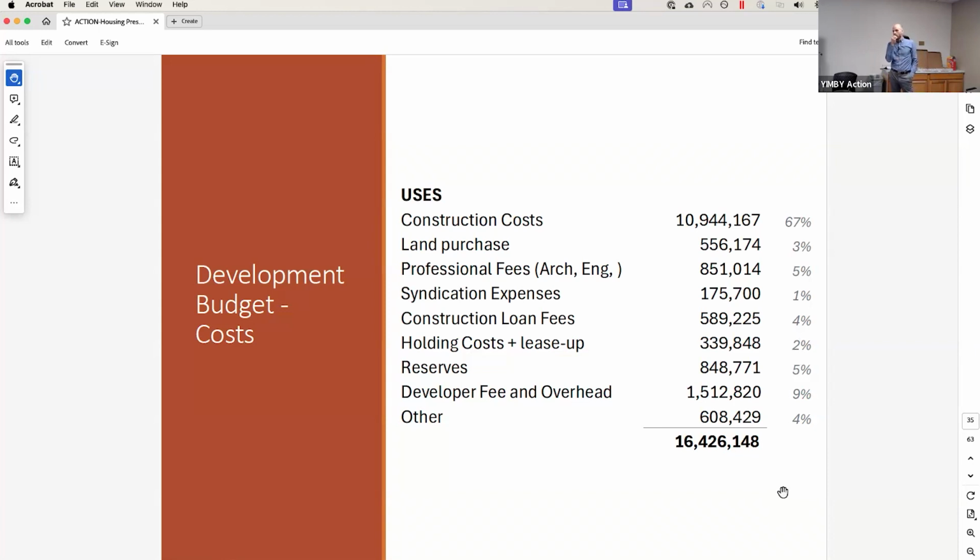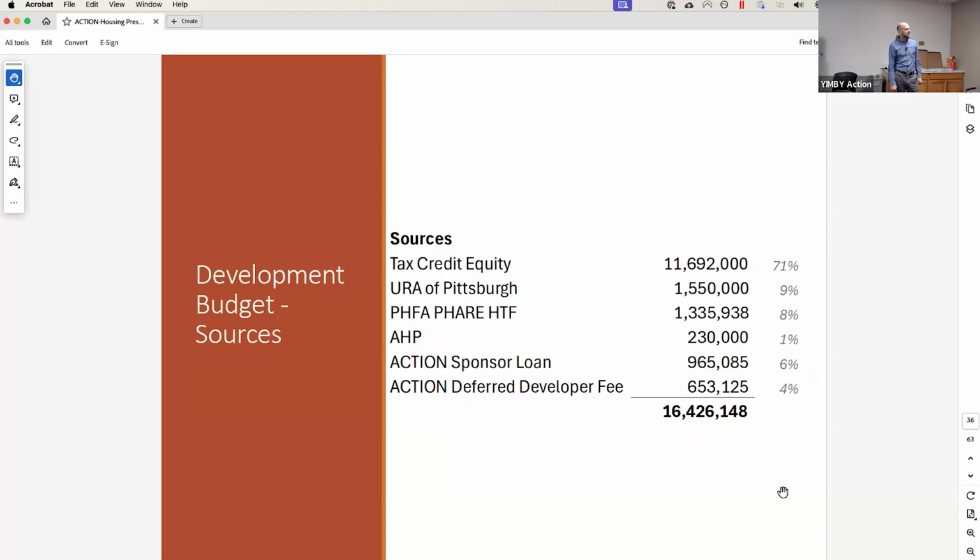Which line is it? It's probably, some of it's here, some of it does get, because we do that work, and so it kind of sucks up our time. There's always opportunity costs, all that kind of stuff. But it would largely be there. And then like I said, the syndication expenses are specific to this funding source. So if we go to the sources,